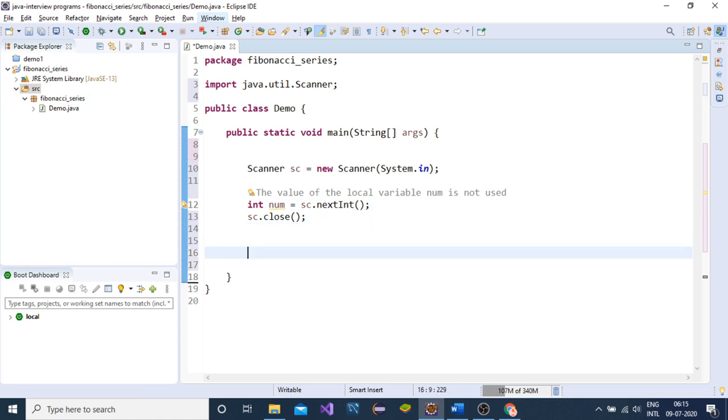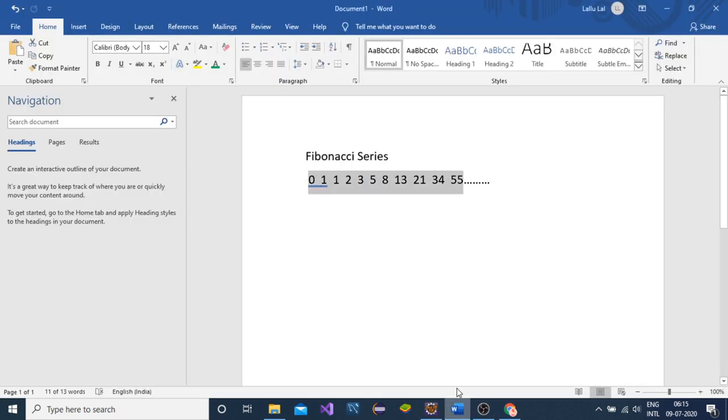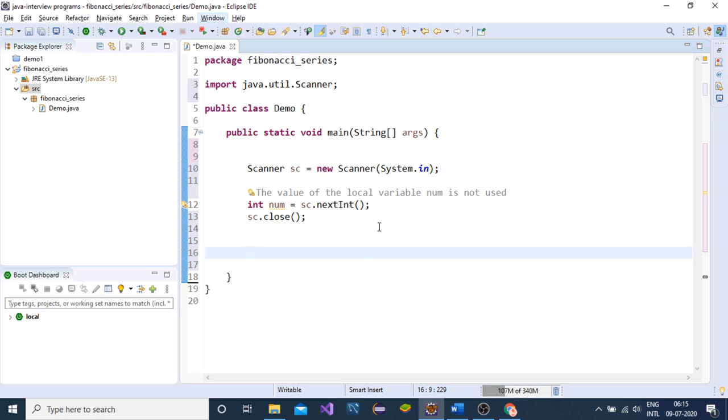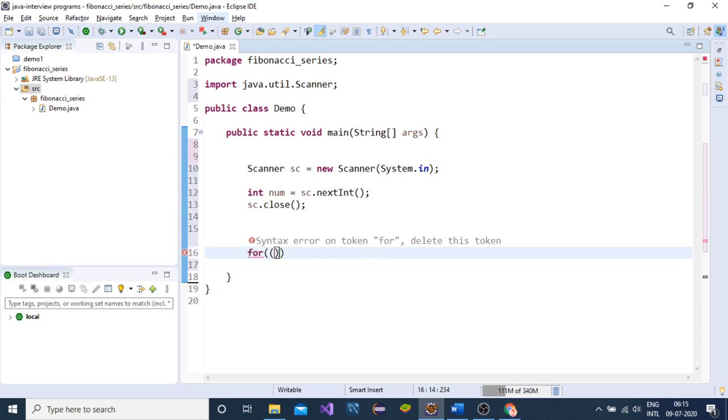Now this is repetitive work, so we need a loop. So we will use a for loop here. For int i equals 0, i less than num, i plus plus.